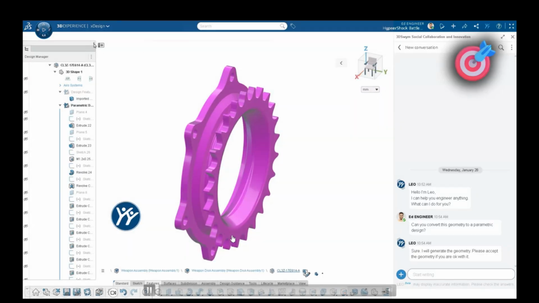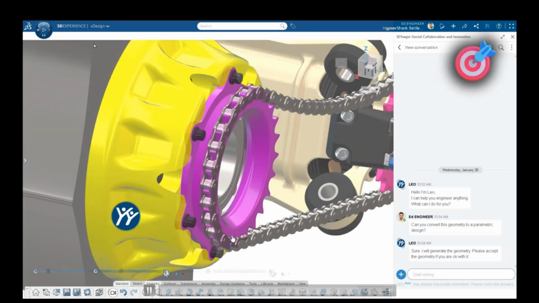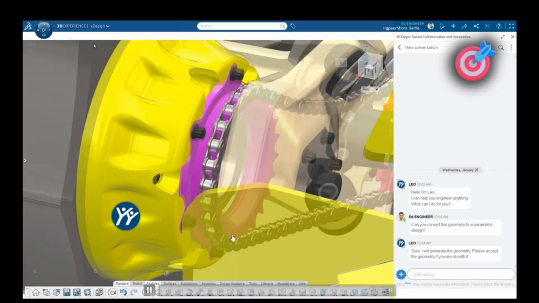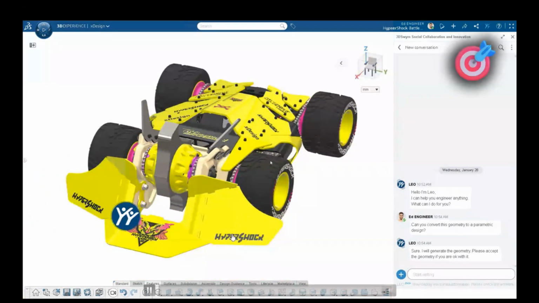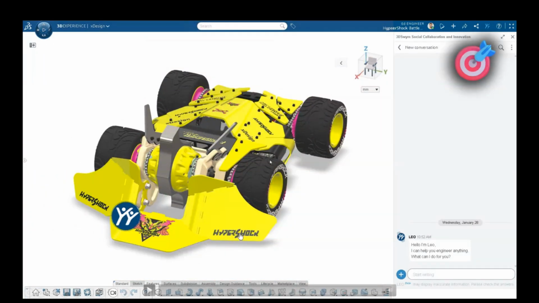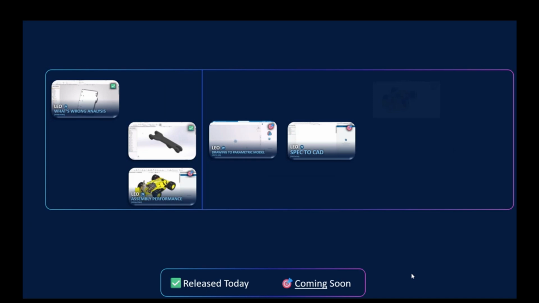So like this, from any scan document, from any mesh file, we can directly generate a 3D model. There is no need for any other software or any other options. By using these prompts, these virtual companions, we can just give the prompts and it will generate as per our requirement.